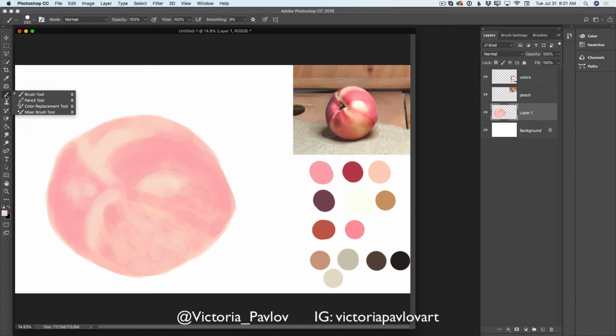I will switch to mixer brush tool. I will increase size of my brush just like that. In the options bar, I specify clean up my brush after each stroke, so my brush will be cleaned after each brush stroke. Preset custom, wet 19%, load same 19%,